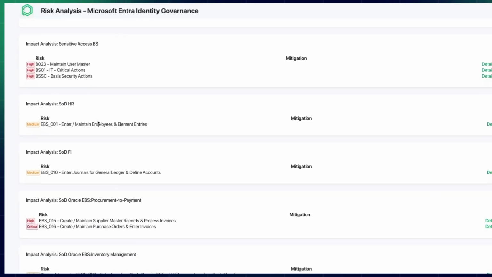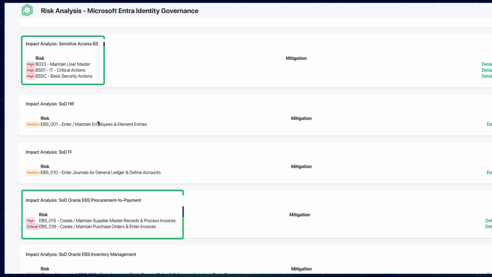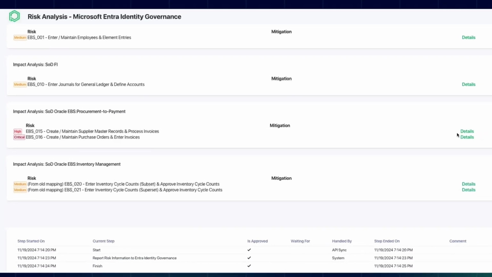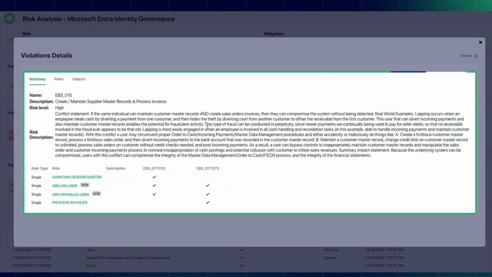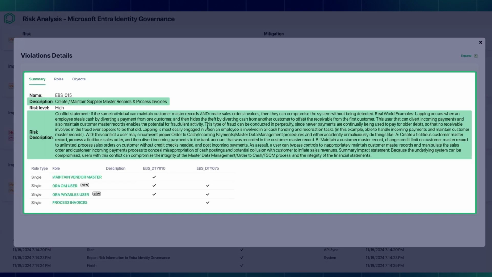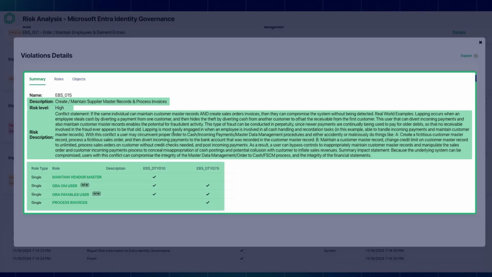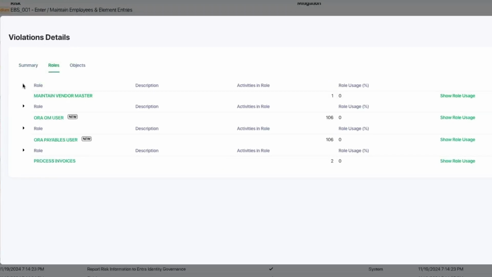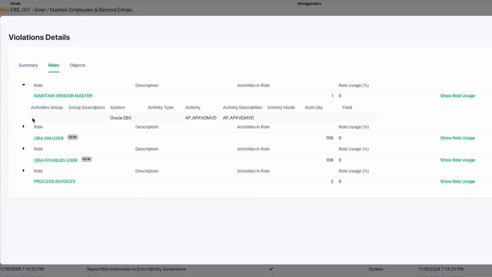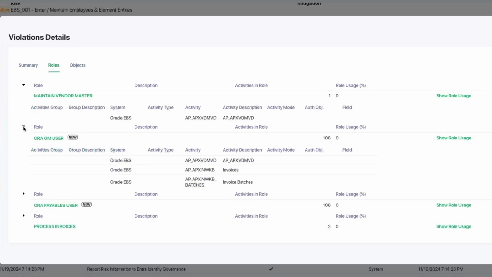Pathlock's impact analysis evaluates the request and identifies potential risks. In this case, sensitive access risks and SOD violations have been flagged. The reviewer can drill into these violations for more details about the risk. Details such as a description of the risk and the severity level, along with documentation showing which roles are in conflict. Clicking on Roles displays a summary of the conflicting roles, allowing the manager to inspect the fine-grained entitlements that